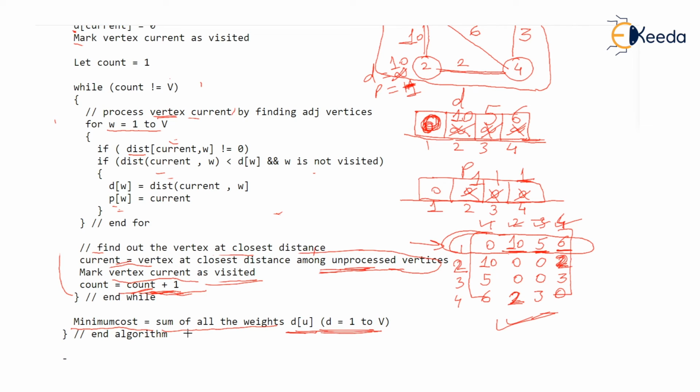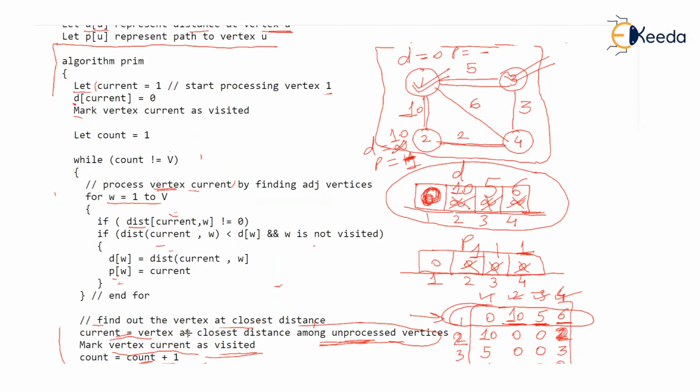Although this D array will not give it, because we have not traced the entire algorithm. But I think finally the minimum cost in our example will be, I think this 3 will be included. This is a very small edge. 2 will be included, and I think 5 will be included, and 6 and 10 will be dropped. So there won't be any cycles. So 5 included, 3 included, 2 included, which means the minimum cost is supposed to be 10, isn't it? The spanning tree will have a minimum cost of 10.